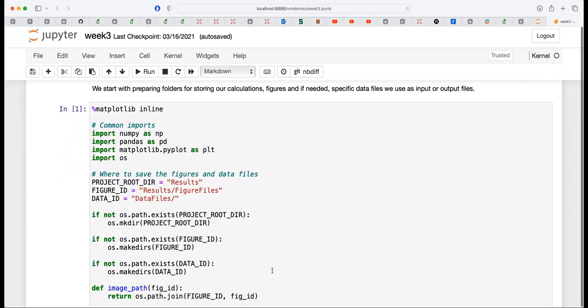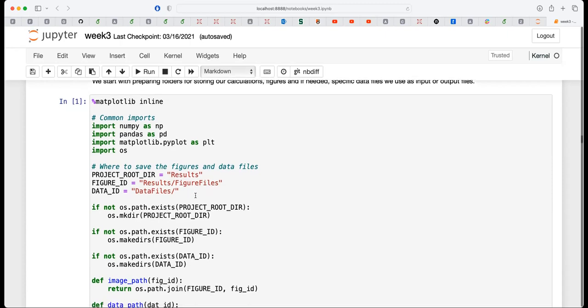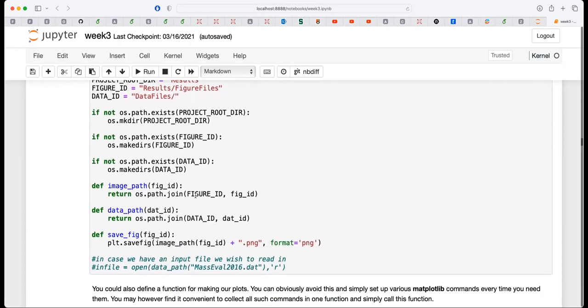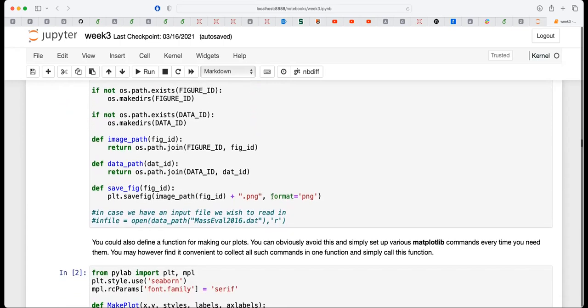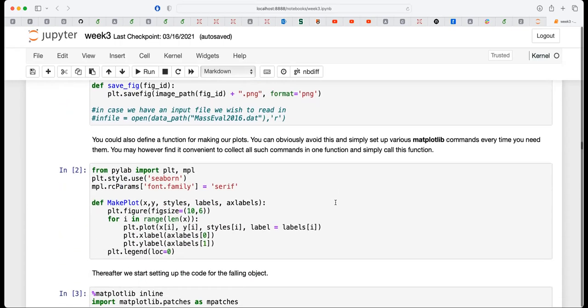And you can start using them as a kind of template, and then you can plug in things. So what you would find is I normally like to plot and save my results to specific folders, and this is what I do here. So I like to save the figure files, and you can use this if you want or not. I normally print it out as a PNG file.